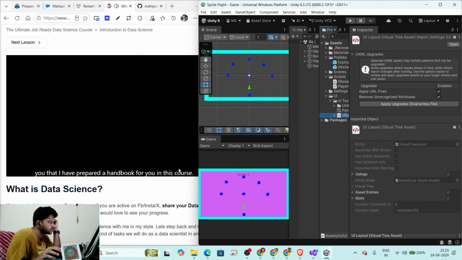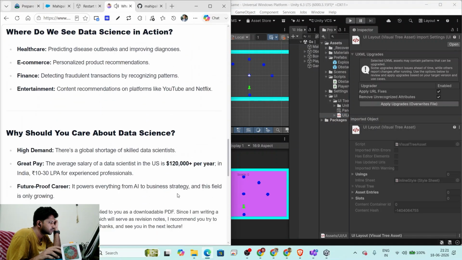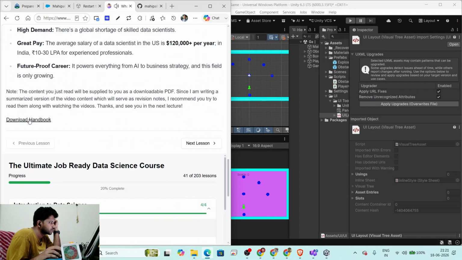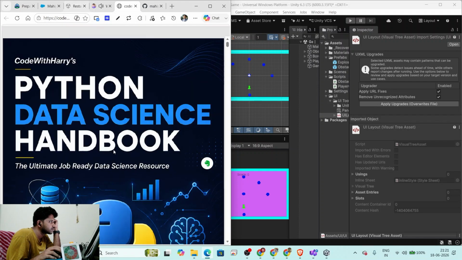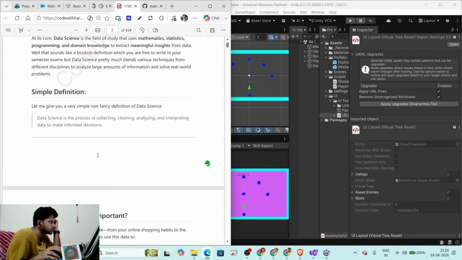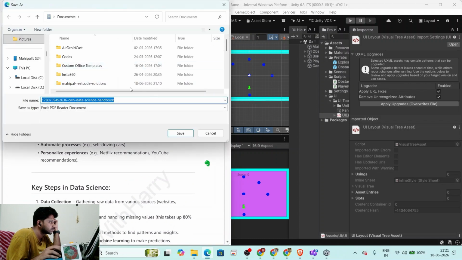अब मैं आप लोगों को बताना चाहता हूं कि मैंने आप लोगों के लिए इस कोर्स में एक हैंडबुक प्रिपेयर की है। जो भी मैं आप लोगों को पढ़ाने वाला हूं उसकी आपको मिलने वाली है हैंडबुक, ताकि आप अपना टाइम वेस्ट ना करें नोट्स लेने में, आप सिर्फ चीजों को समझें, ग्रास्प करें, प्रैक्टिस करें, और आपको नोट्स देने की जिम्मेदारी मेरी। जैसे कि आप देख सकते हैं मैंने ये हैंडबुक आपके लिए प्रिपेयर की हुई है। ऑलमोस्ट हर वीडियो के करस्पॉन्डिंग आपको एक हैंडबुक मिलेगी जो कि आपको रिवीजन में हेल्प करेगी।